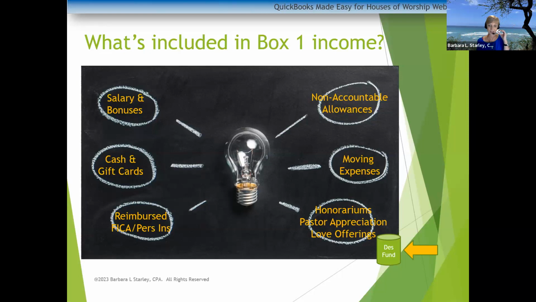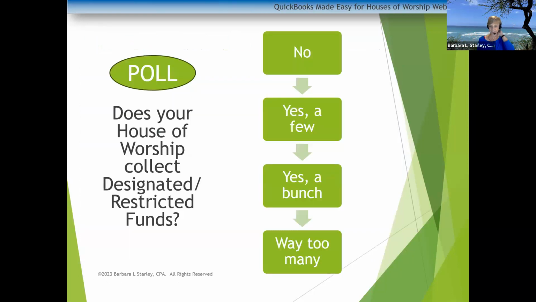How do you keep track of that? Do you guys have designated funds? Do you collect designated and restricted funds? And I'm not talking just about pastor appreciation, but any designated and restricted funds. I'm going to put that poll up in a second, but first, Diane Vaughn,